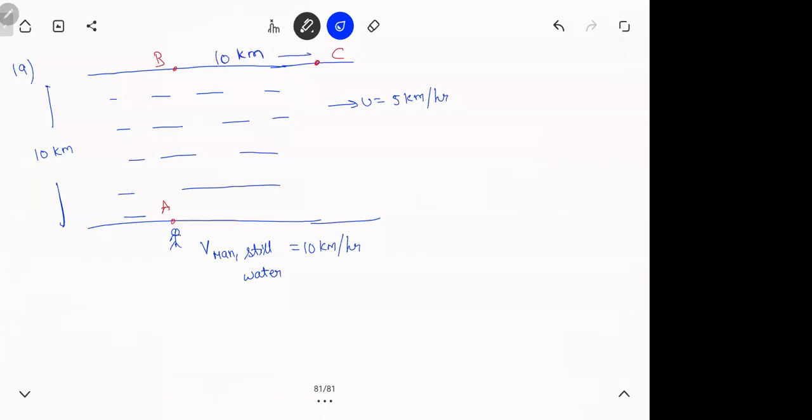So it is given. Now the question is, at what angle should he swim to reach C? I don't want to reach B, I want to reach C. At what angle should he swim to reach C? So remember the process. Whenever you want to go somewhere, let's assume you start with V and theta and then you start the problem. So what if I want to reach C, then how should I swim? Hope the question is clear. Have a look at it. Didn't get something, please ask me. Or else you got 3 minutes. This is a good one.